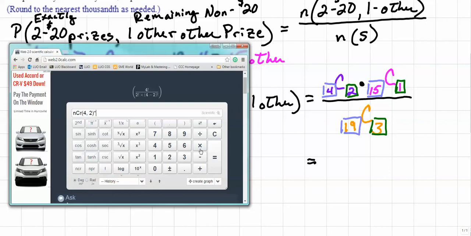Then I'm going to multiply that by another combination, and that will be 15, comma 1, close parentheses. I said parentheses, I meant comma. And then I'm going to divide by the 19C3, so we'll left click NCR, type 19 comma 3 close parentheses, and press equals. And this is going to give us our probability of